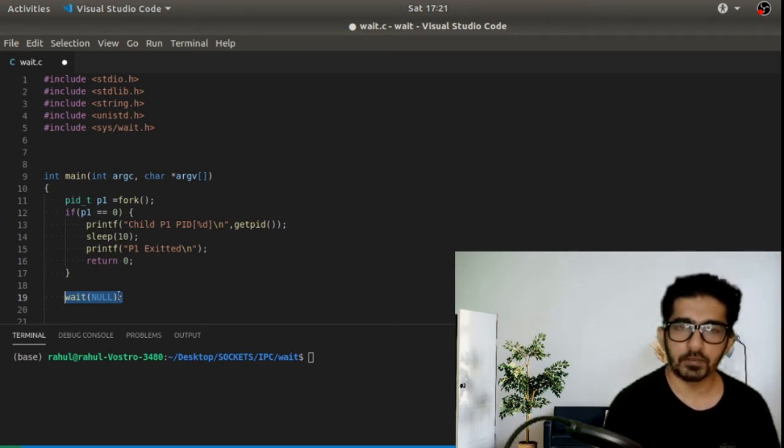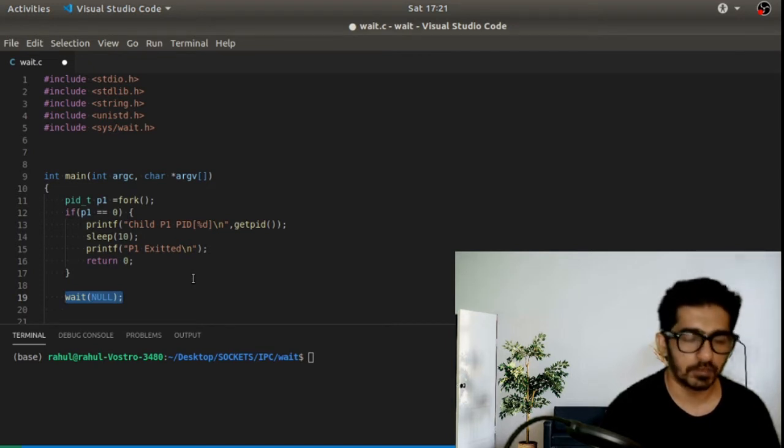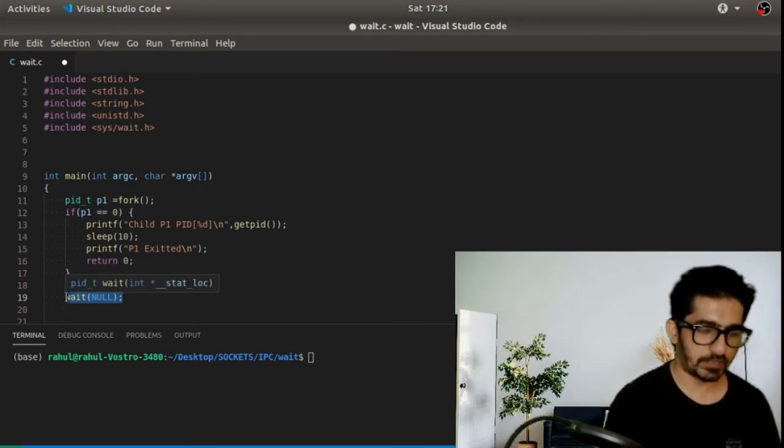One is -1, which denotes that there is an error in the wait call and we need to exit from that function. Also, if there is some activity or change of state of process p1, we get the PID of this child process as the return value.